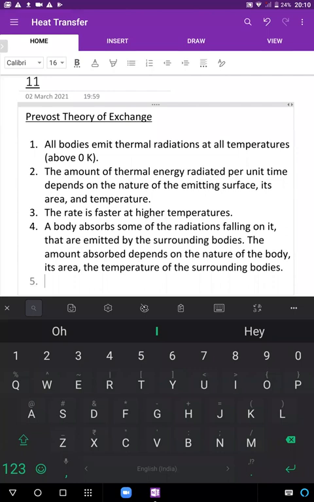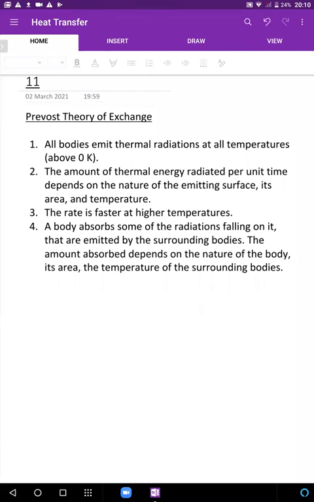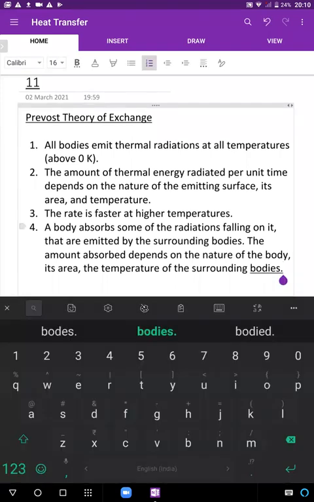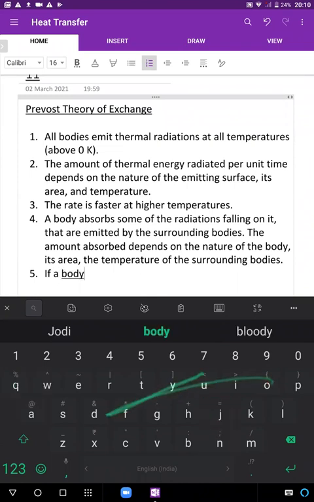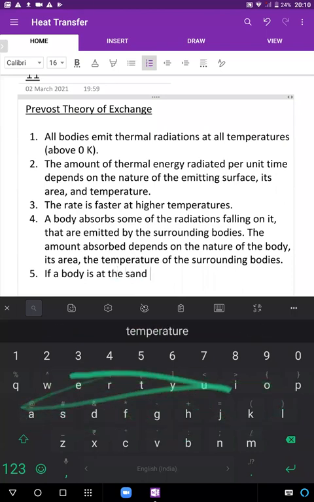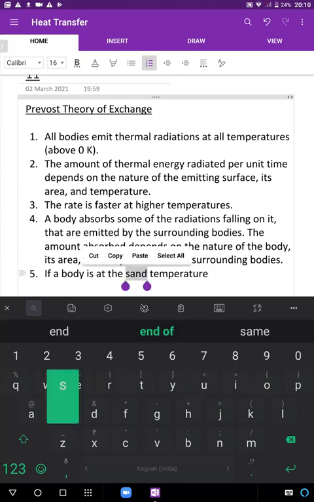You go out in the rain and you wear a raincoat. Whether you get wet or not does not depend on your mass. It just depends on whether you're fully covered or not. That's kind of the idea. So it depends on the surface that is exposed. Here, if a body is at the same temperature as its surroundings, this is now interesting. If a body is at the same temperature as its surroundings,